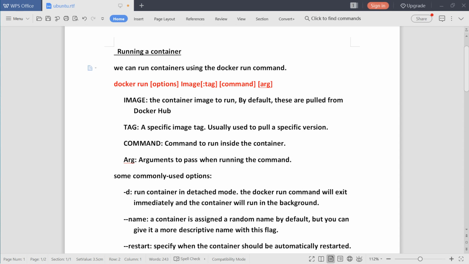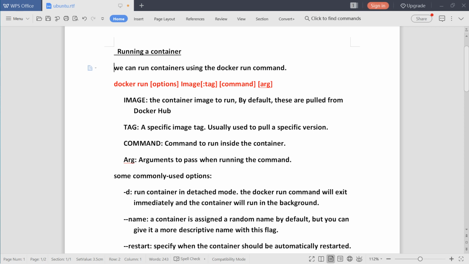For practice purposes, we can use any related image. If we give the nginx image or busybox image or alpine image, a number of image names are available. Any one we can use with the Docker run command.